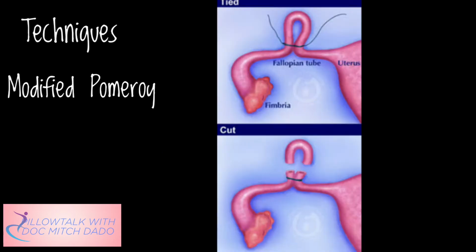So, the more common technique that we actually do here in our country is the modified Pomeroy. So, anong ginagawa natin? We actually grab a portion of the tube. Okay. After creating a loop, we then tie the loop, and then we again individually tie the two ends of the loop dun malapit sa tinalian natin. Okay. Tapos, ang final dyan is we cauterize the ends